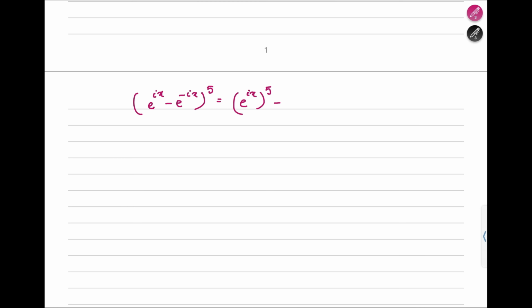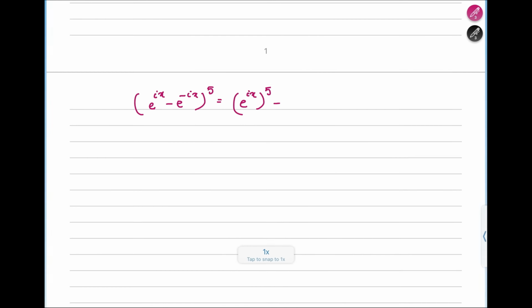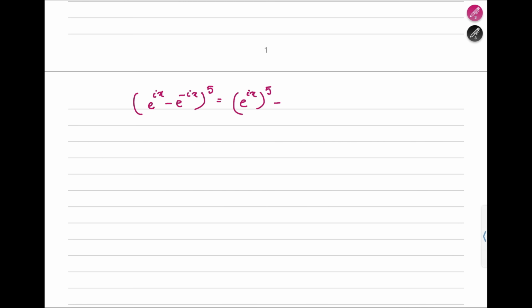This will be minus nC1, that means 5C1, into, let us say this value is a, and this value is b, e to the power of ix to the power of 5 minus 1 into e to the power of minus ix